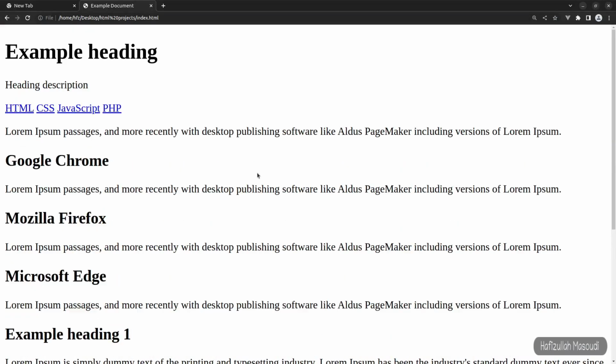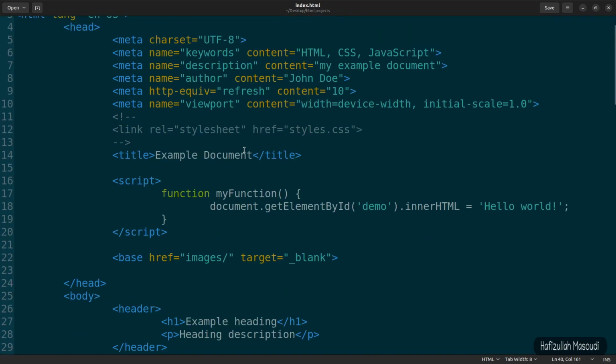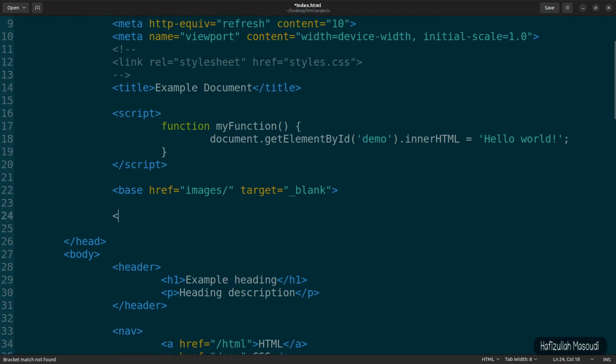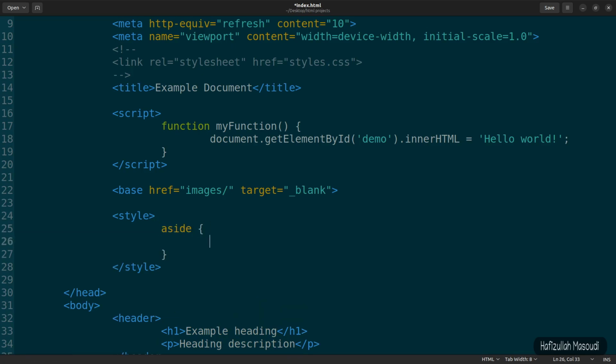So if you go to the browser now, refresh, now you can see this is the aside element. Now to show you more clearly the aside element, let's get back to the text editor, and what I will do is write some CSS code. So in here let's put our style tags. So style, let's close it, and inside here let's say aside, curly braces, and let's say width should be 30%,